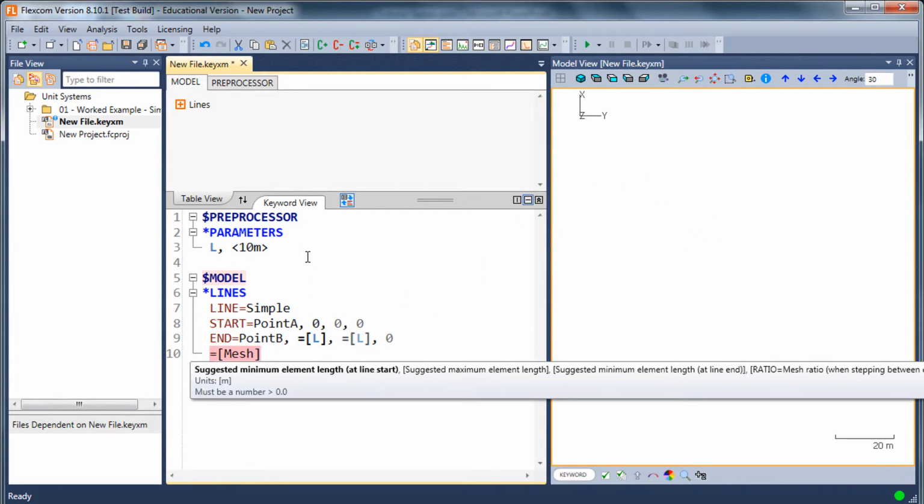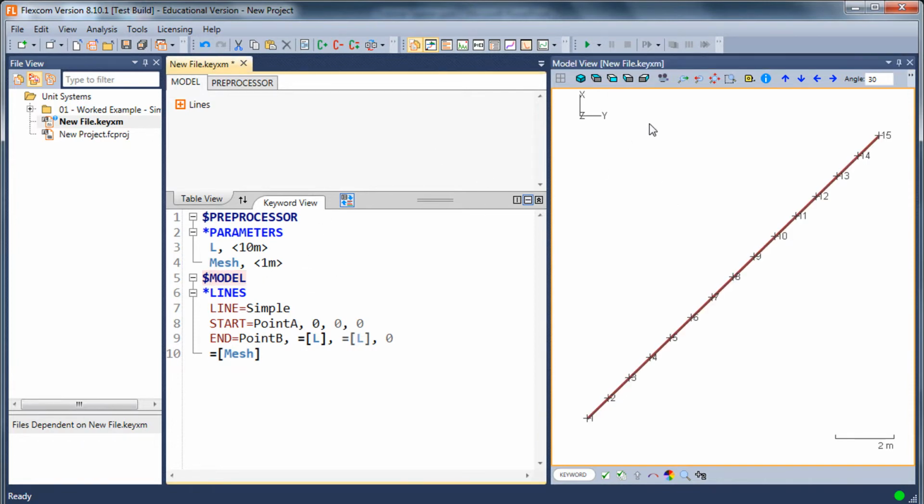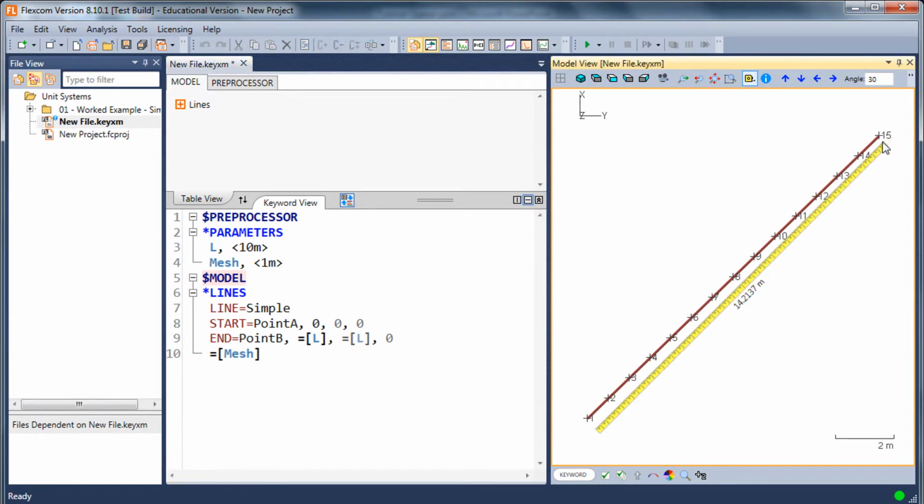That's highlighted now because I don't have the parameter mesh defined, but I'll quickly rectify that. I'll say that my mesh is, just say we're back to a 10 meter. So you can see the benefit of parameterization. If you just want to check the length of the model, just to check that everything is okay, the total